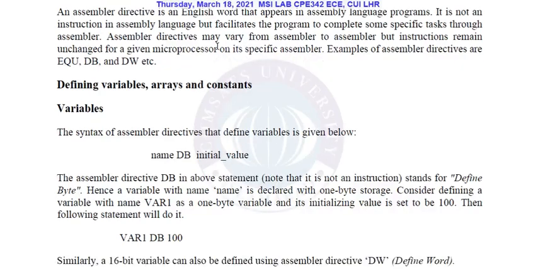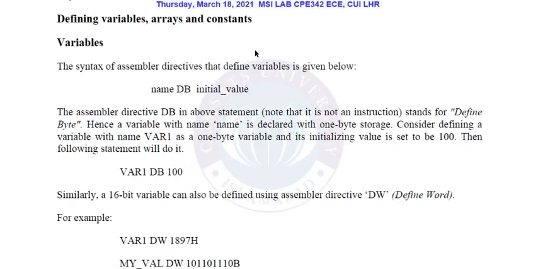For example, the directive DB is used for defining a variable. If you want to define a variable and initialize it with some value, as you do in C language, for example int i = 0, and you want to make such variables in assembly language, the syntax is, first of all, you place the name of that variable. Then you use a directive, in this case DB, define byte, and then the initial value that is allocated to that